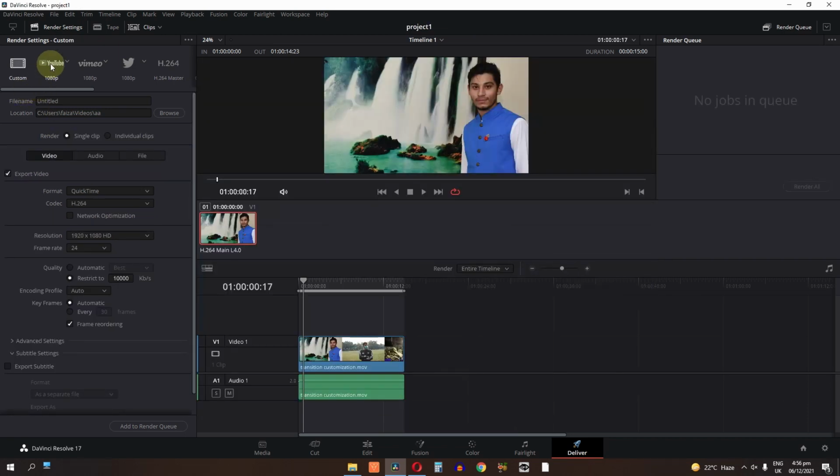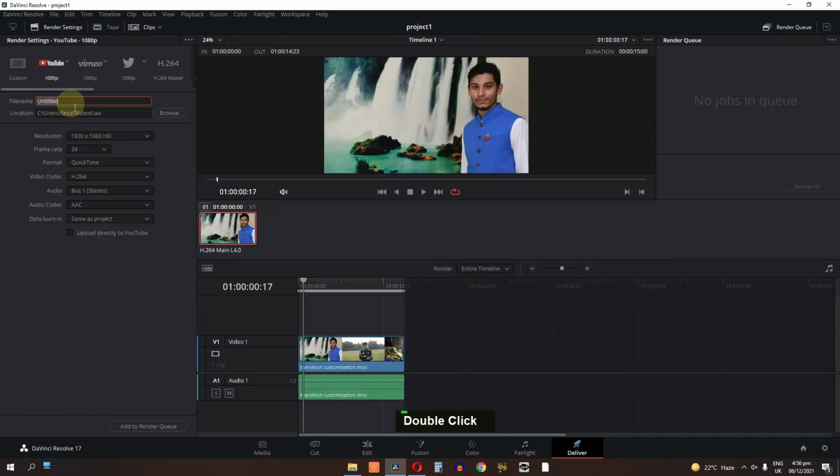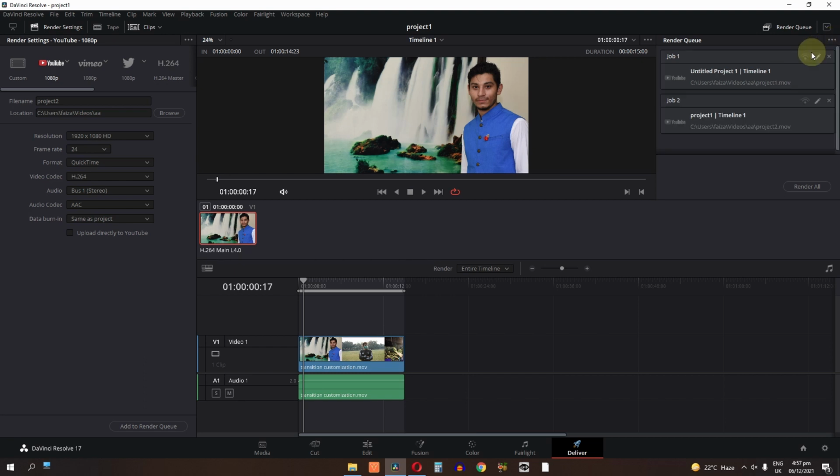Now select a resolution, change the file name and its location, and now click on this add to render queue button, and now click on this option button in render queue and click on this show all projects. As you can see, I have 2 projects. Select these projects and then click on this render all.